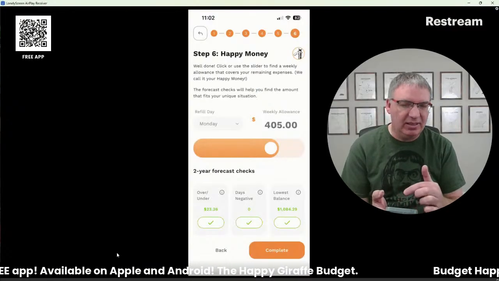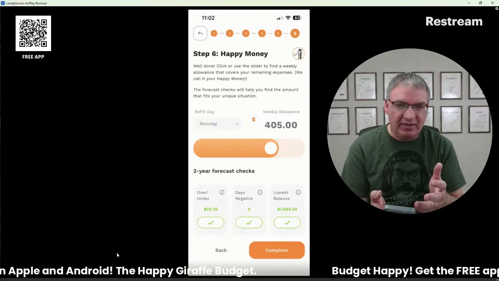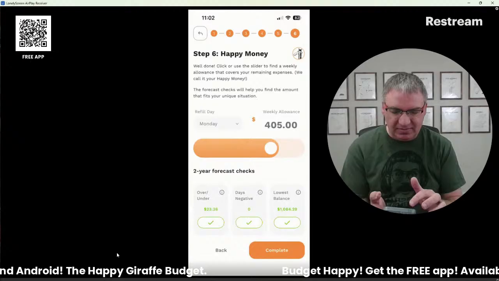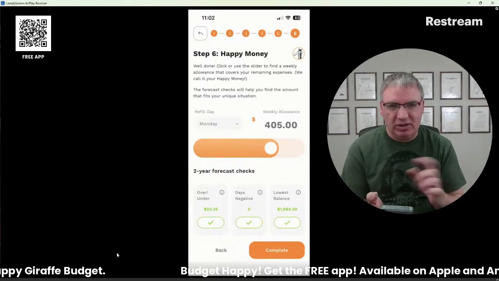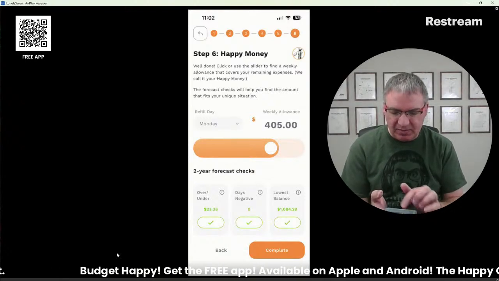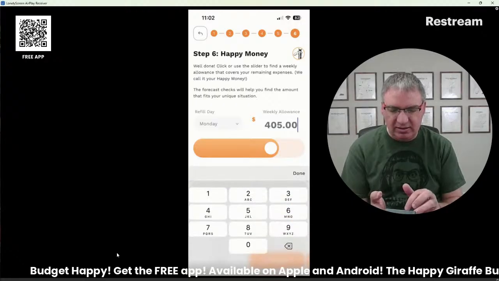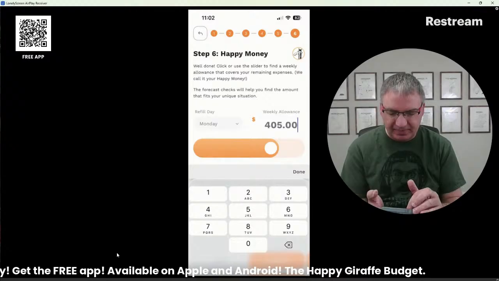So that over and under is getting closer to zero. So that's good. So if I know that I only need $405 a week, then I can go back into those other steps and put money into savings, towards debt, whatever it is, which is great. But yeah, your goal is to get that over and under close to zero, because otherwise the money's just sitting in your bank account and you're not using it.